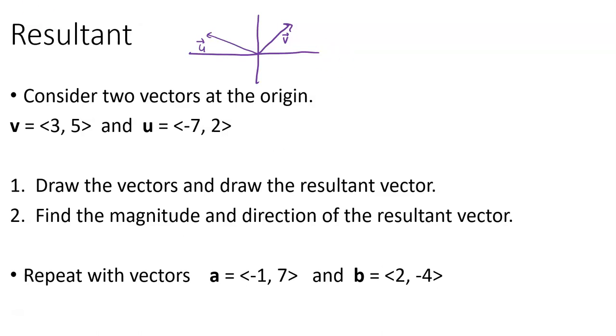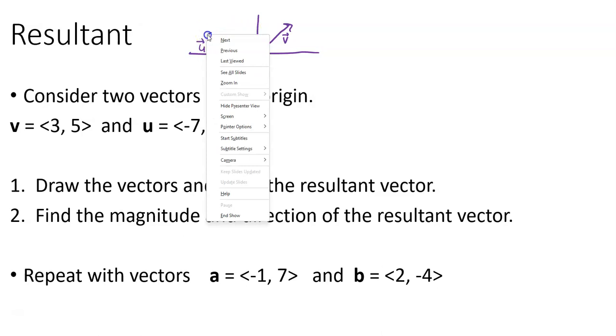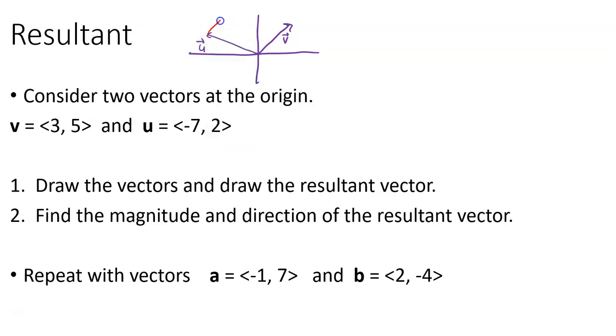So here, let's take vector u and put vector v at the end over here. And now I can add them head to tail. So the head of vector u and the tail of my new vector v match each other. So if you think of taking this vector v and sliding it all the way across till it gets to that point there, now I can add them together. So u plus v